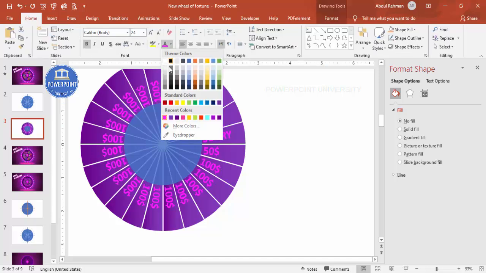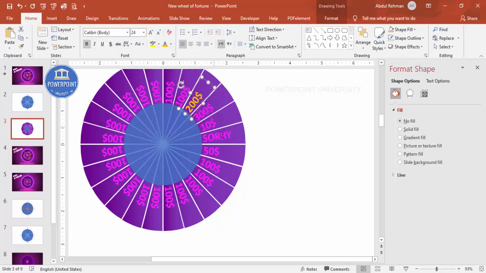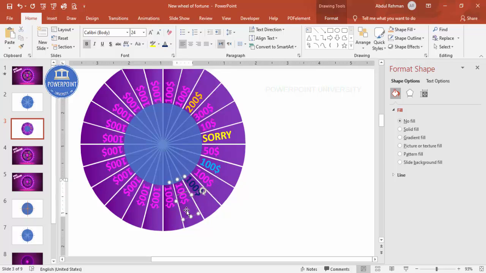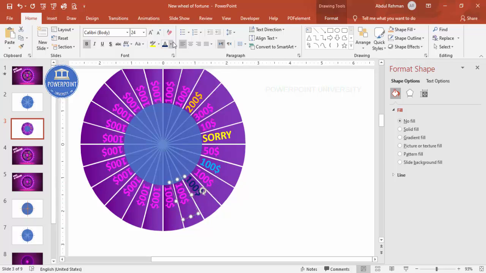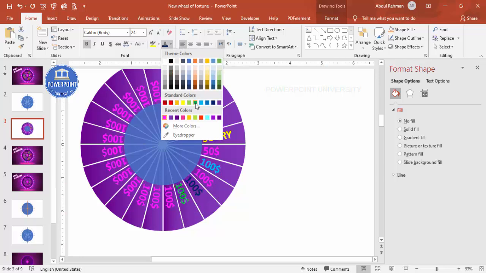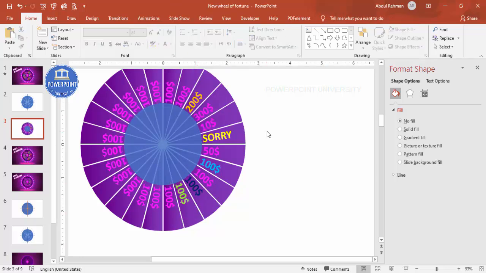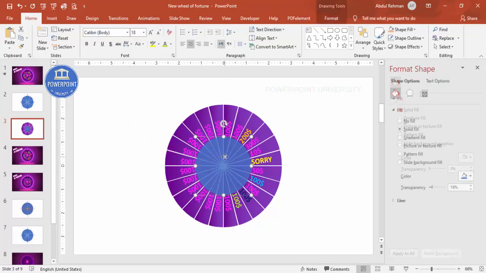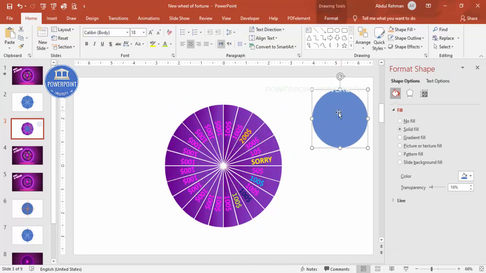So I'm just going to font, maybe I can just put orange, I can put some yellow color, just to differentiate. And here I can just put maybe blue, I can just put some dark blue here. You can see here any color of your choice, you can just think of adding that one here. All right, so once this is done, what I'm going to do is, let me just put it aside,